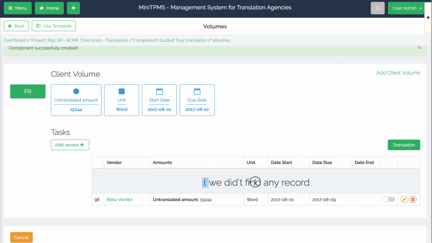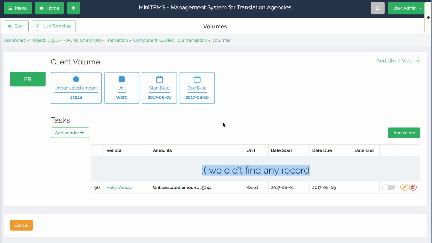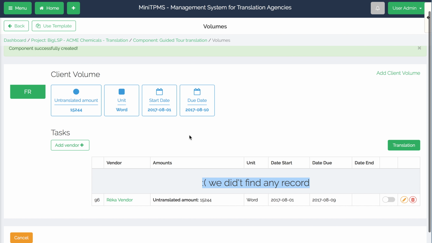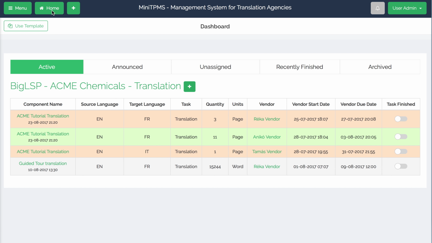Reka vendor. This is the kind of bug that I'm telling you about, that we still want to fix. This is why I'm not giving you the software just yet, but we'll get there very soon. Okay, so basically this is how you set up a new component for the project that you do all the time. And then if you click home again, you see you have your